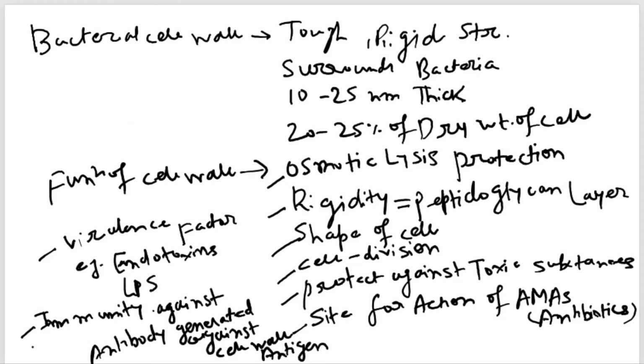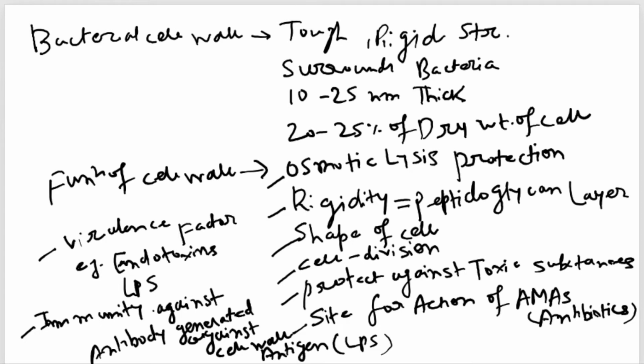Immunity: in our body there are defense mechanisms in the form of lymphocytes and macrophages, which provide immunity against disease. Similarly, the bacterial cell wall plays a very important role in providing immunity against the antibody generated against the cell wall specific antigen. Any example of a cell wall specific antigen? Like lipopolysaccharide itself. Yes, it is LPS itself. Okay, so